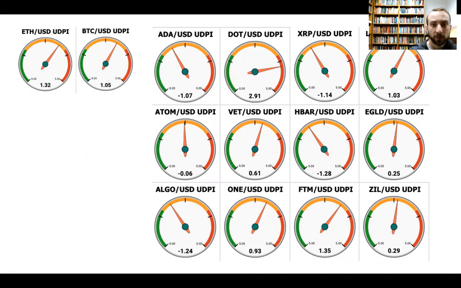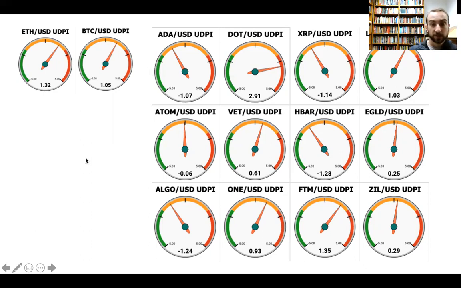So the goal of these short videos is to tell you which assets are relatively undervalued from the standpoint of the model, meaning that they have relatively limited downside potential for the near future and relatively high upside potential, as well as assets that are relatively overvalued from the perspective of the model, meaning that they have relatively limited upside in the near future and a lot of relative downside potential for the near future. And so what we can see, looking at a glance, is that we want to identify those gauges